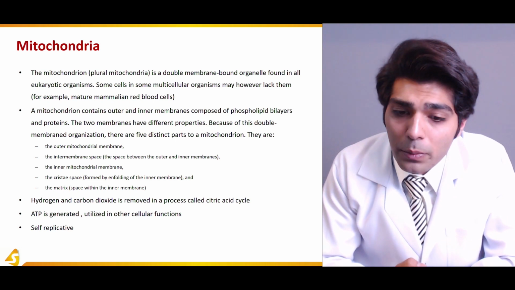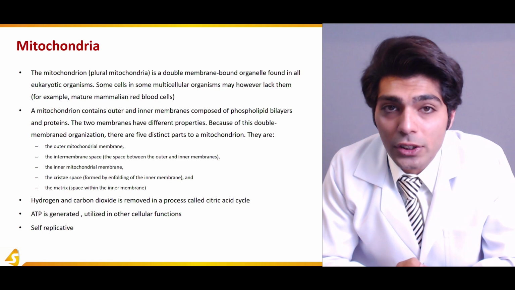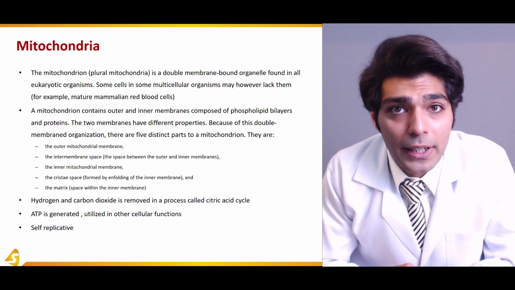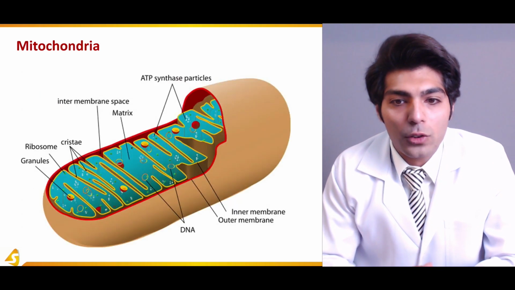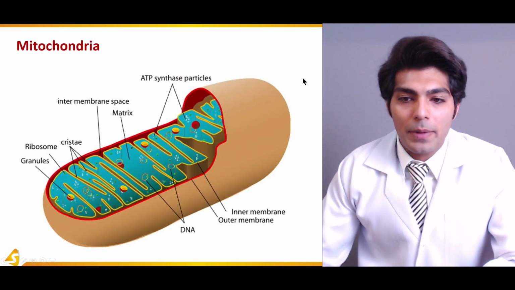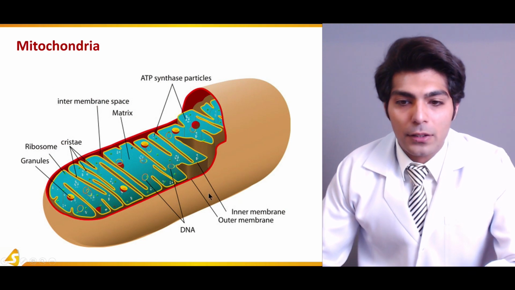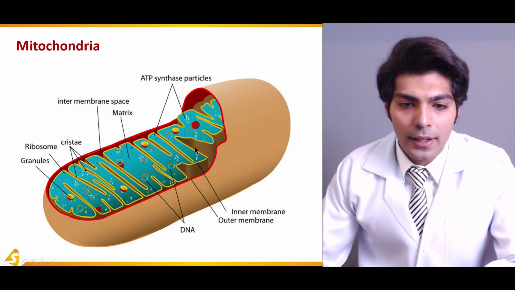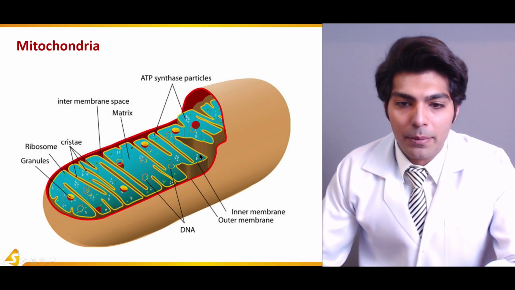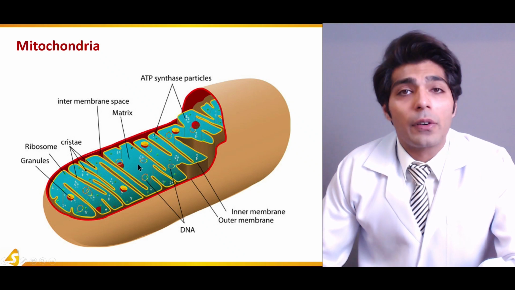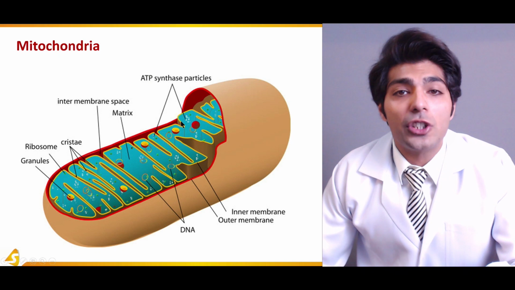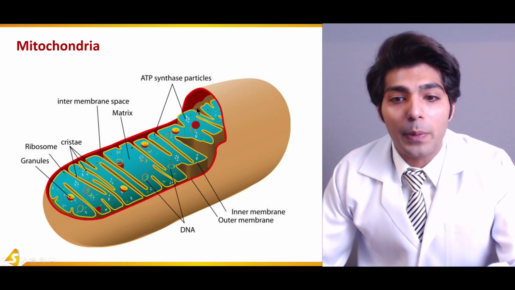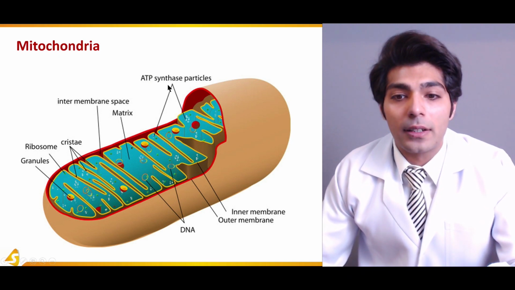ATP is generated through mitochondria, utilized in other cellular functions, and it has the self-replicative process. It has its own DNA. In the mitochondria, we have the outer membrane, and the space between the outer membrane and the inner membrane. These are the cristae. You can see the enfoldings of the inner membrane, and this is the matrix from where the Krebs cycle, or the citric acid cycle, does occur, and ATP is generated with the ATP synthase particles